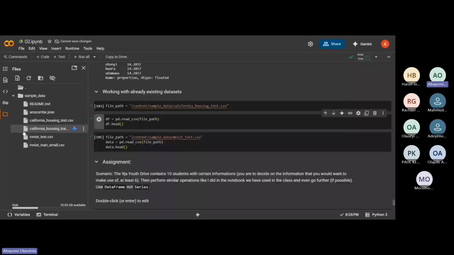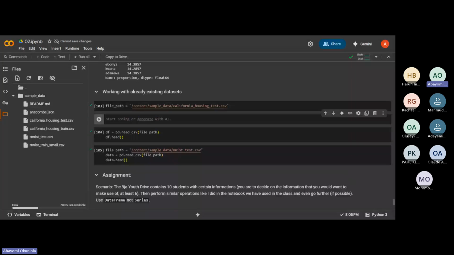So let's say I want to work with the train file, and click on copy path. Okay, copy path. So I can say file path equals. When you're defining your file path, it is very important that you add your inverted commas. Okay, so I've defined my file path this way.